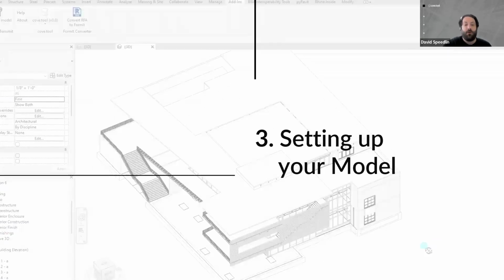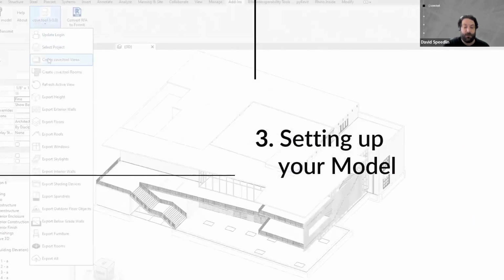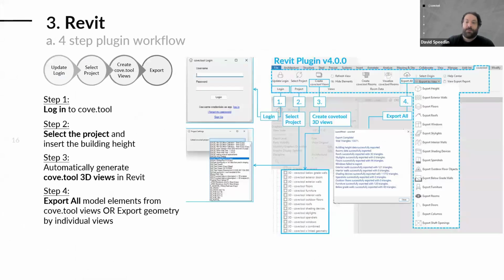Next, we'll be going over setting up your model in the plugins we just went over. Typically, regardless of the BIM platform, all of the plugins follow the same 4-step workflow, meaning you update your login, you select your project, you create your Cove tool views, and you export. Depending on the platform, there may be some additional steps placed in between some of those other steps